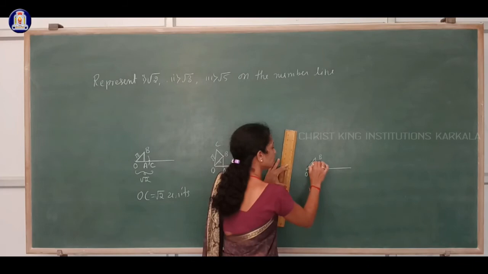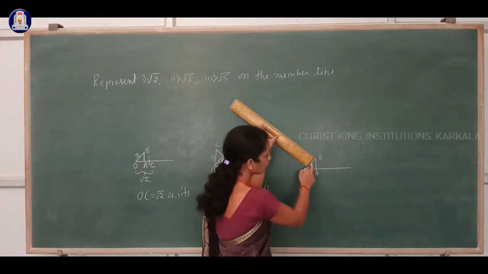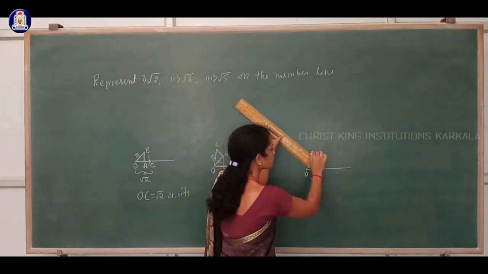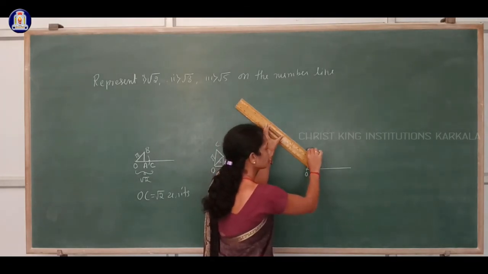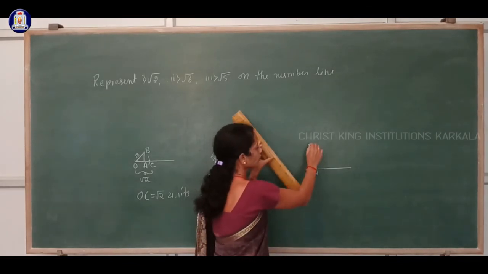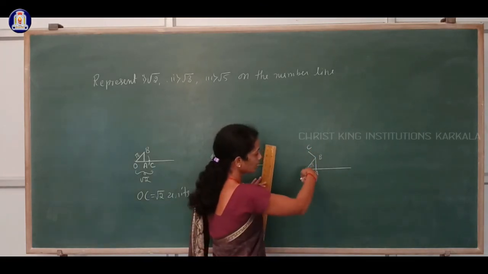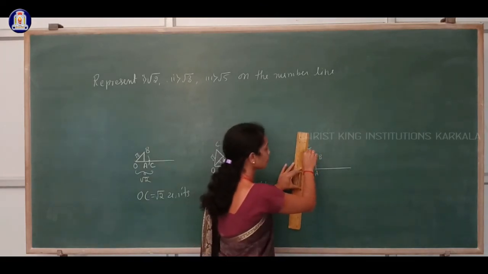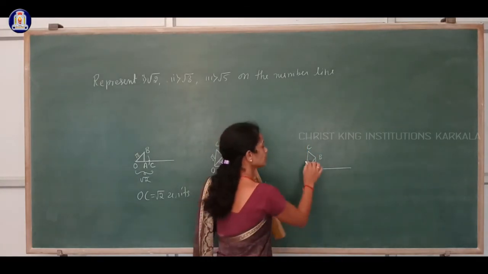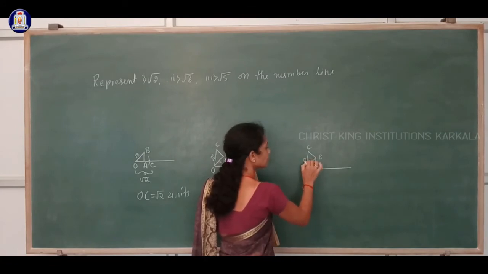Now this is with the length root 2, OB with the length root 2. Now for OB you have to draw perpendicular of length how much? 1 centimeter. Every time you have to draw perpendicular of length 1 centimeter only. Okay, now I draw the BC perpendicular to OB line, and now you join that O and C. Okay, now this OC is with the length how much? That is with the length root 3.